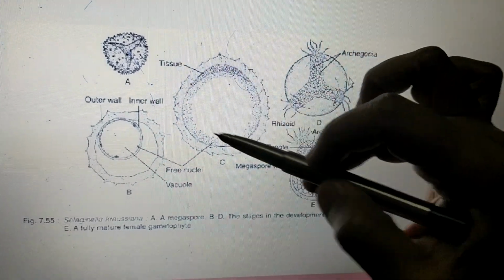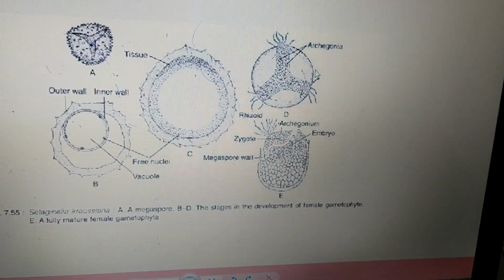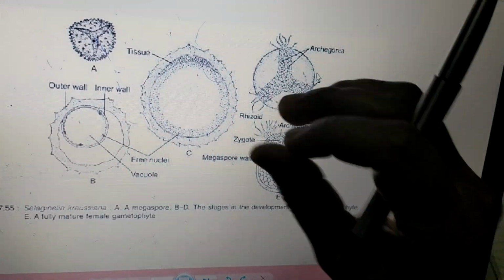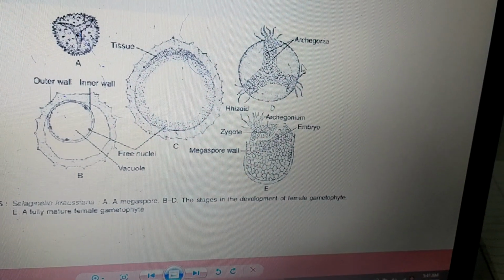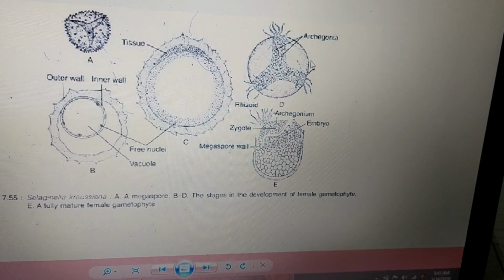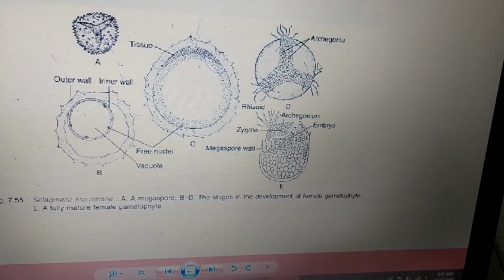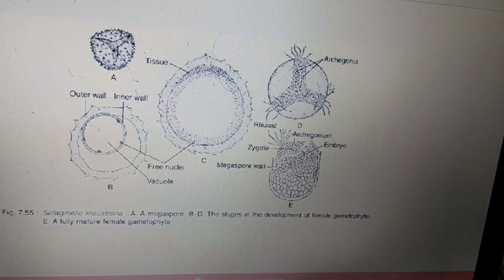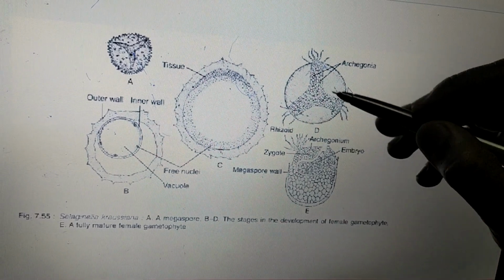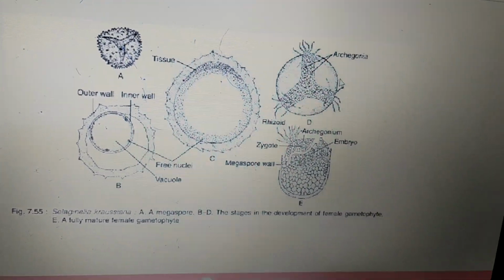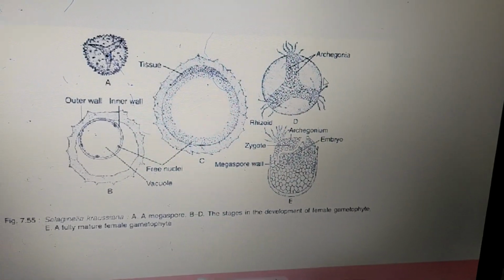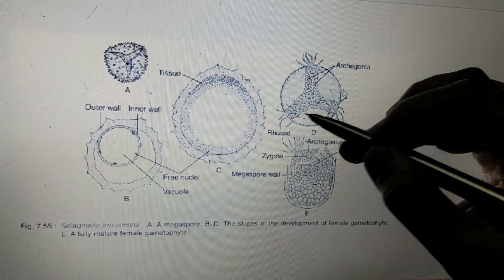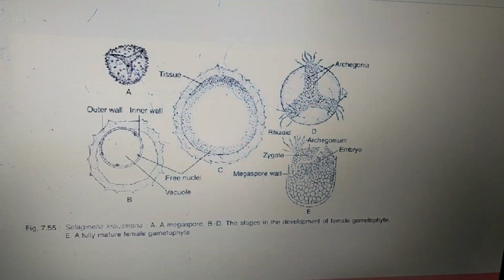Now at this stage, this megaspore is shed from the megasporangium. Next, the female gametophyte increases in size. This increase in size exerts pressure on the wall of the megaspore. The pressure exerted on the wall results in a split opening of the megaspore wall along this tri-radiate ridge, and a tuft of rhizoids is also going to develop from the end of these tri-radiate ridges.